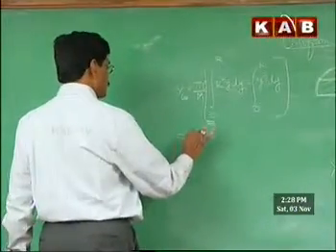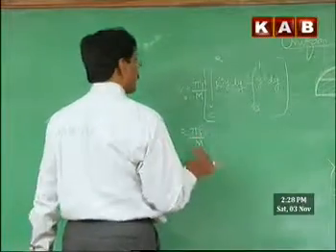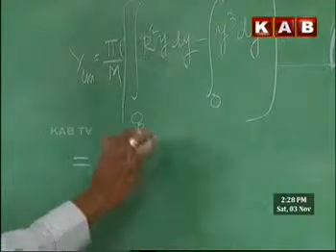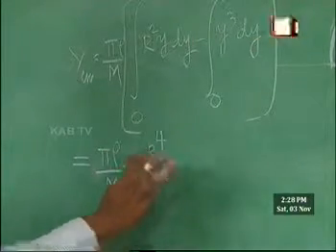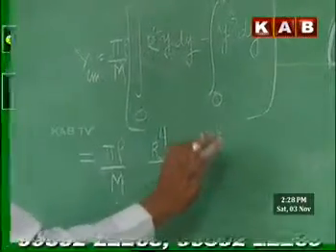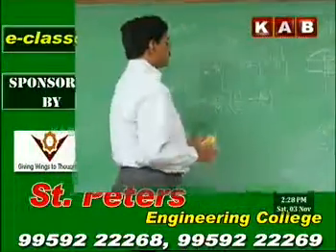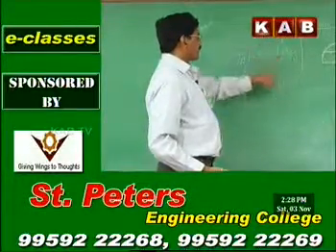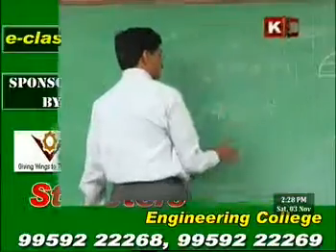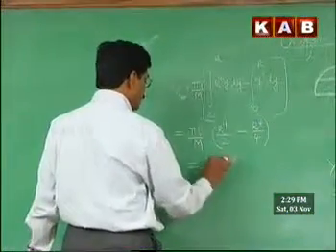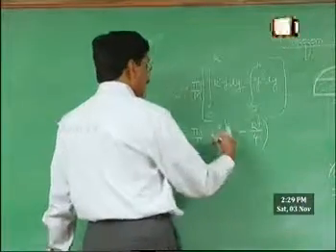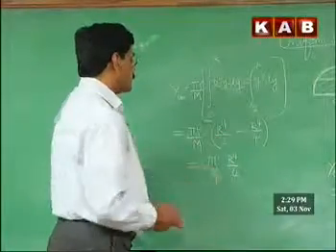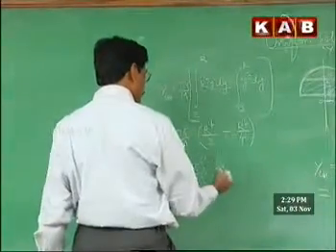So therefore, this is pi rho by m. This is R square into y square by 2, so R to the power of 4 by 2, minus R to the power of 4 by 4. The reason is the y cube dy integral is y to the power of 4 by 4, from 0 to R. The upper limit is R to the power of 4 by 4. The lower limit value is anyhow 0. So from this, pi rho by m, R to the power of 4 by 2 minus R to the power of 4 by 4 is R to the power of 4 by 4.